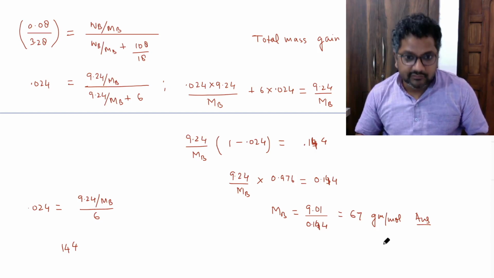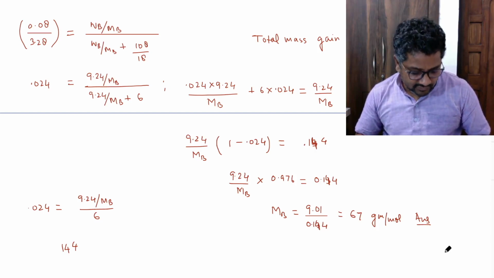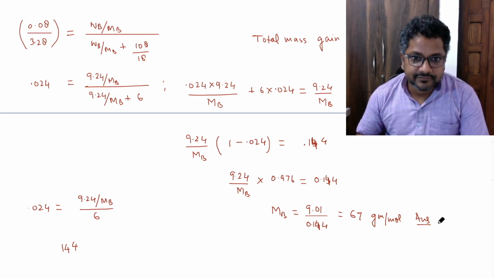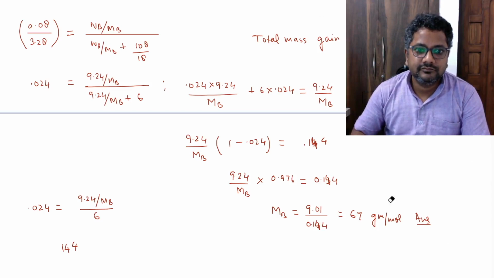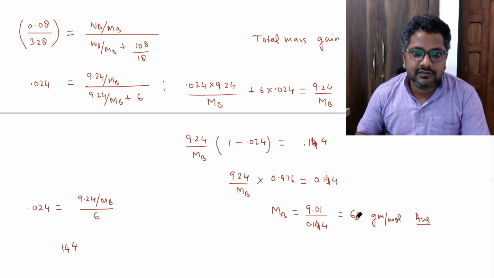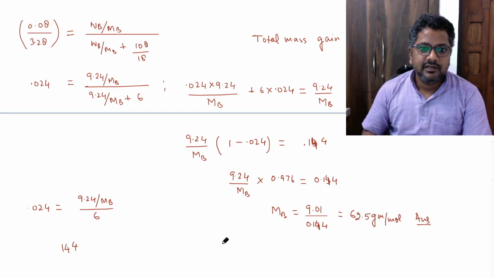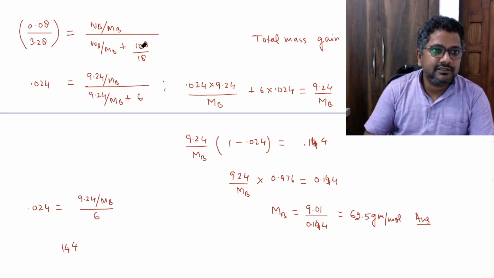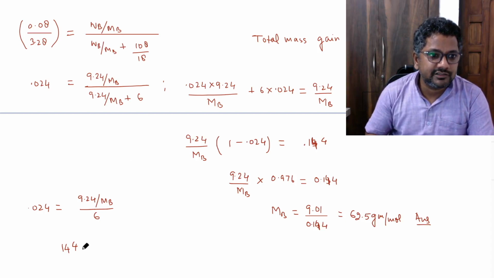9.01 divided by 0.144, 0.144, 62.5. 62.5, right? And if you take the approximation, so this is